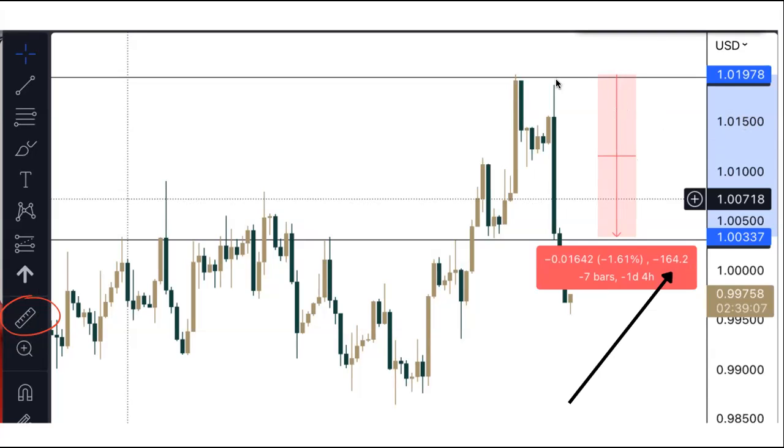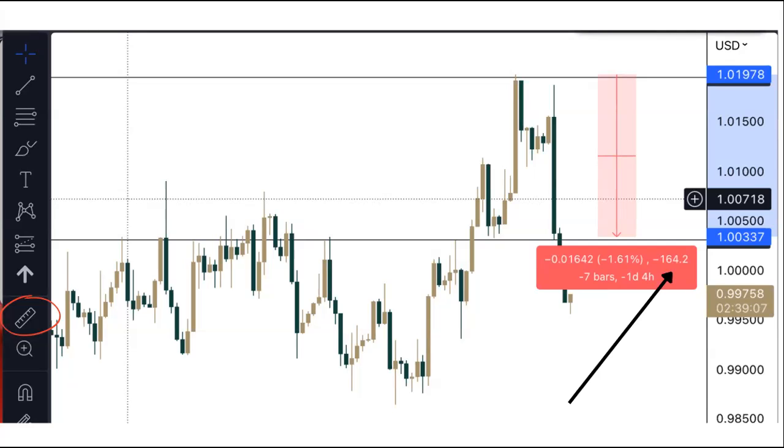But in this example, based on the trade that I showed you before, if I were to drag this tool down on my TradingView, you'll see here 164.2, which is the answer that we got from subtracting our entry from our exit. That showed us that the pip count would have been 164.2. So that is how you can calculate your pips without having to manually do that or use a calculator